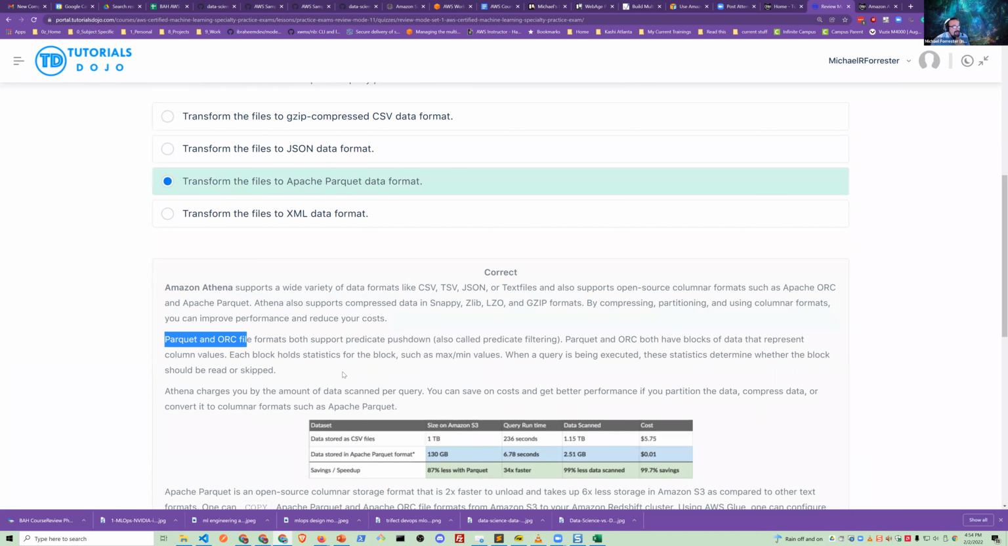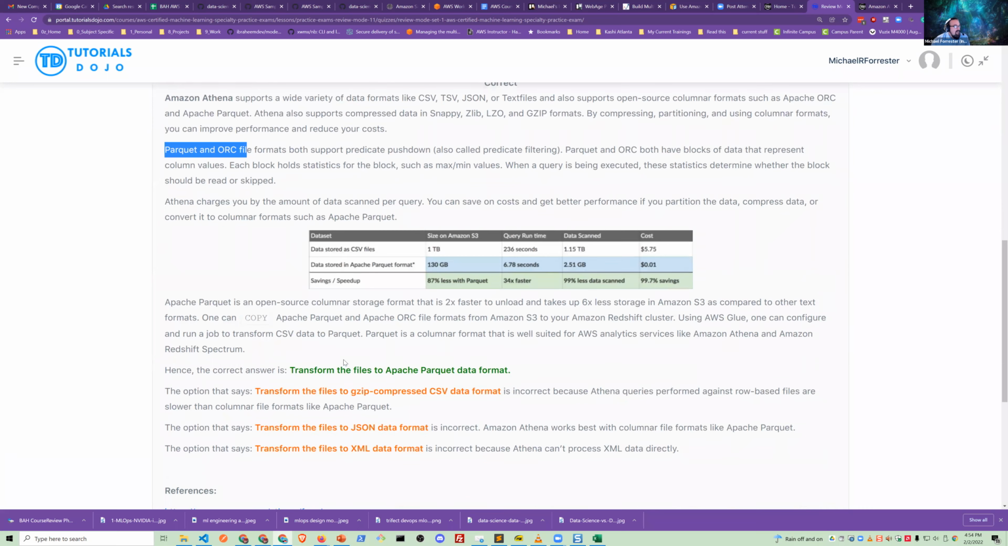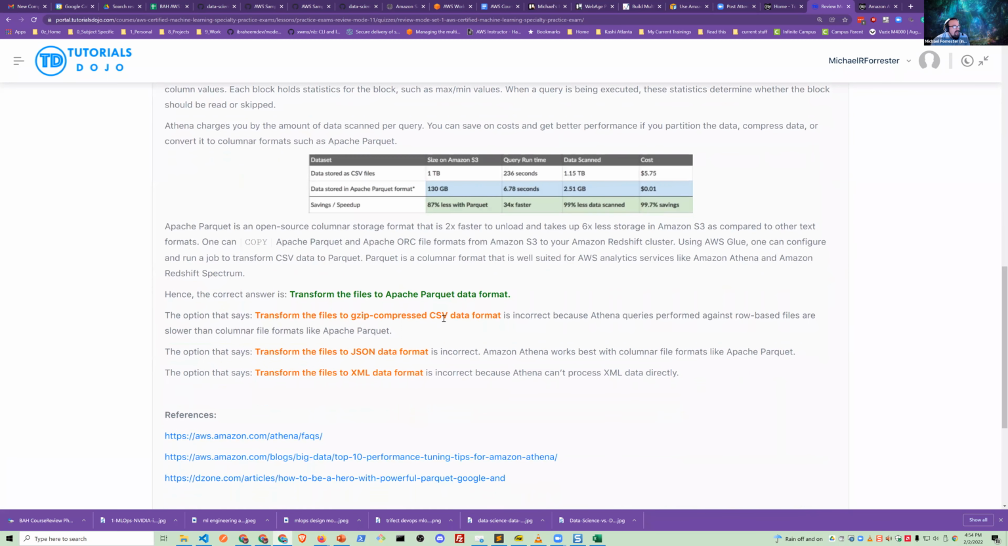Notice that Parquet and ORC are listed there. Yeah, you can read all that if you want to. Gzipped CSV is basically,